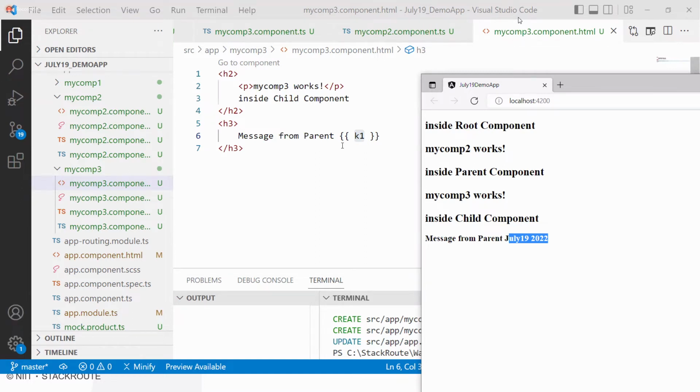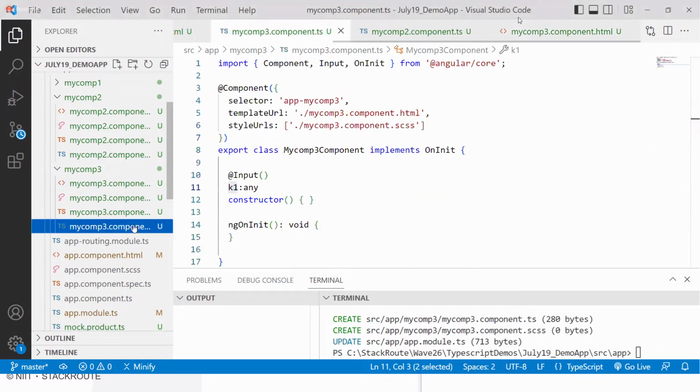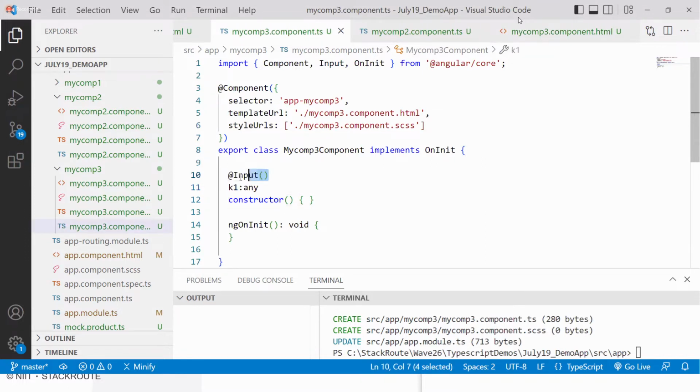Shall we do the reverse? Reverse means, from child to parent. So here K1 has been passed from parent to child and we captured that with @Input